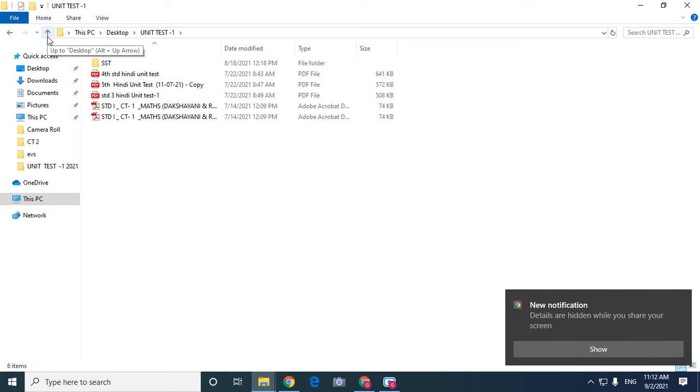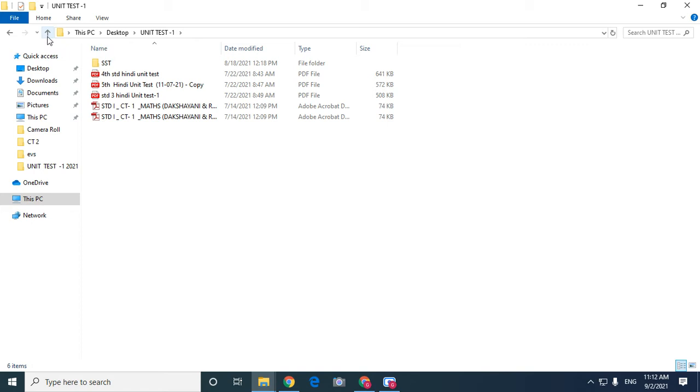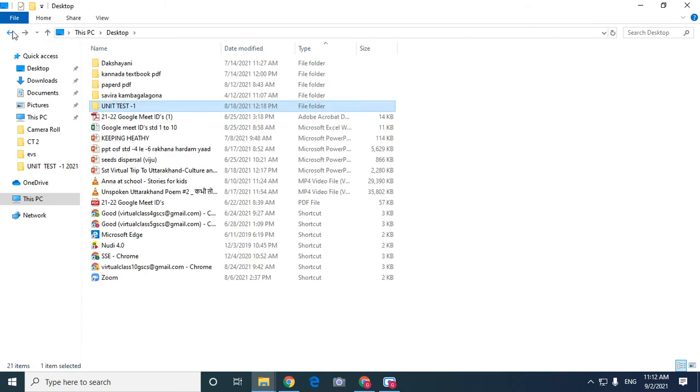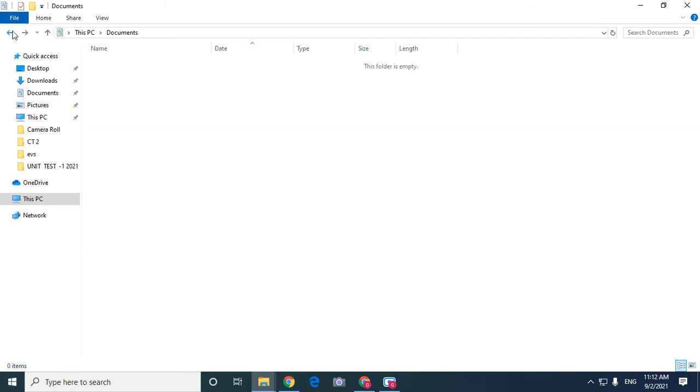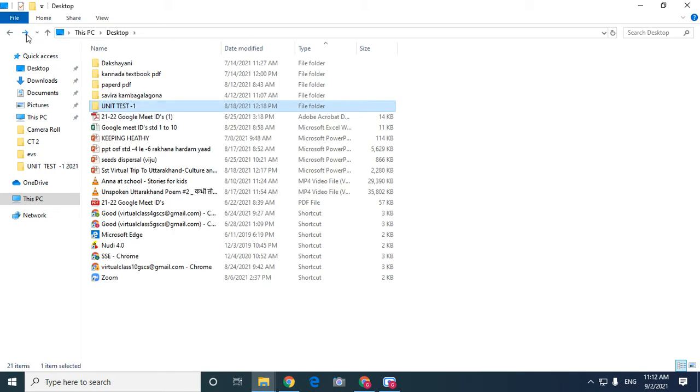If you want to move back from the current folder, you use the back button. Now here you have the address bar. See, I'll click on the back button. See, here it is showing. Then if you want to move to the same folder, you will use the forward button.